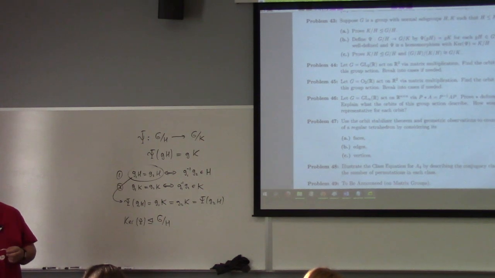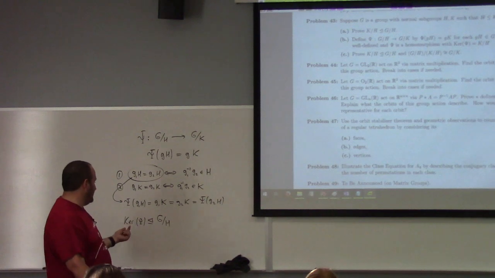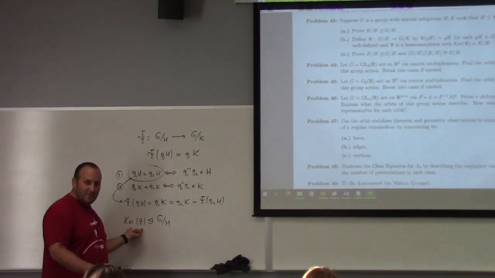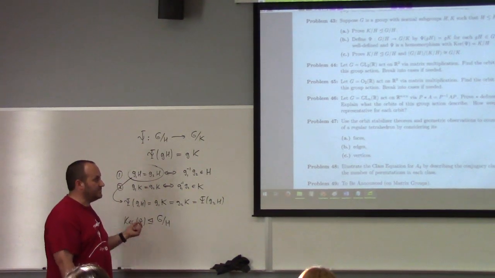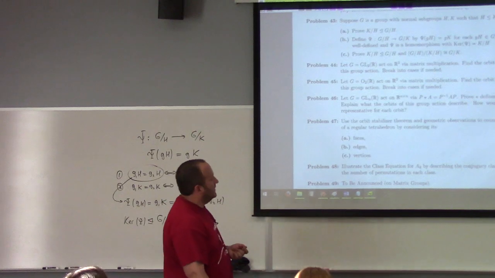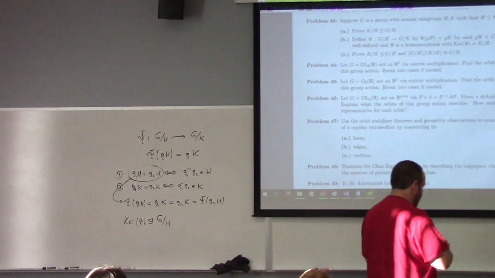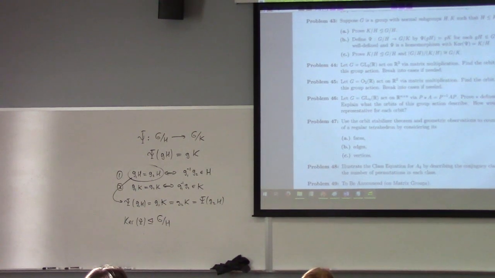Wait a minute, maybe that gives us a workaround to the proof it's a subgroup, huh? Because the kernel is a subgroup. We had that the kernel was a subgroup before we had it was a normal subgroup, didn't we? Yeah, we did. And, you know, we'd have everything we need if